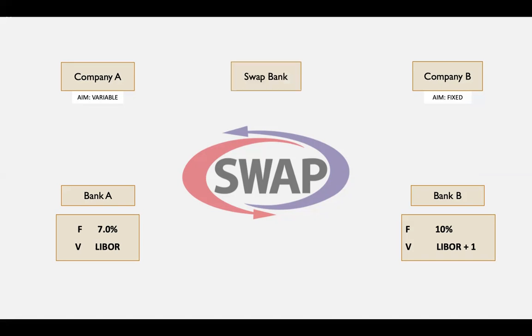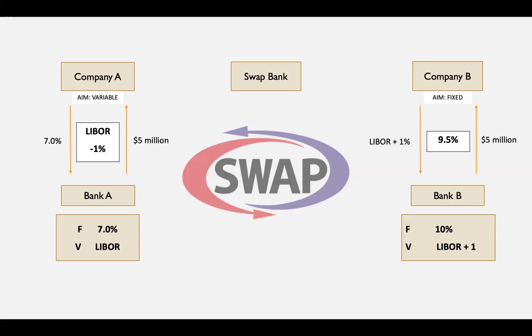Now, the swap banks come into the picture. The swap banks would tell its client Company A to borrow at a fixed rate of interest and would tell its other client Company B to borrow at a variable rate of interest, that is LIBOR plus 1. The swap bank will get into two separate swaps with each of their clients. They will agree to pay Company A a fixed rate of interest, which is 8%, for the variable rate of interest LIBOR, and